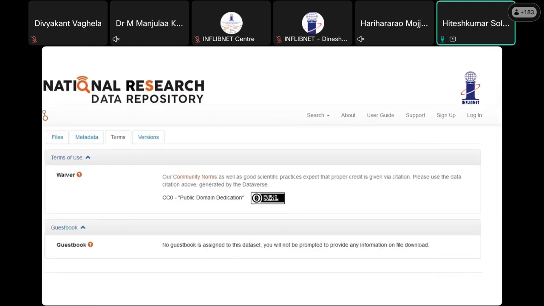your requirement. Whatever terms are defined to use or access that dataset will be available in the terms of use. If any guestbook is assigned to a particular dataset, then before downloading, it may ask for your basic details like first name, last name, author, email, as well as institute details. So once you assign the guestbook to a particular dataset, it will be asked of the